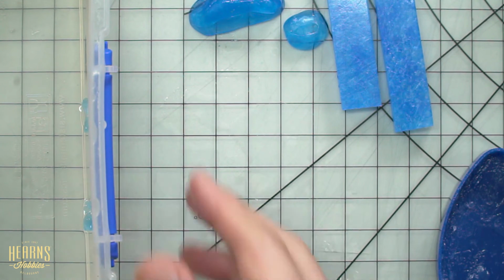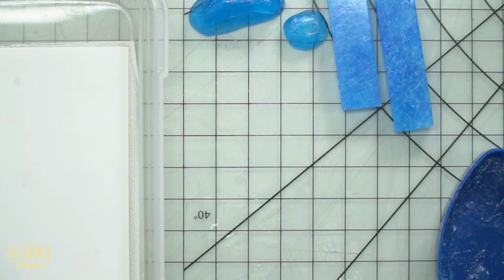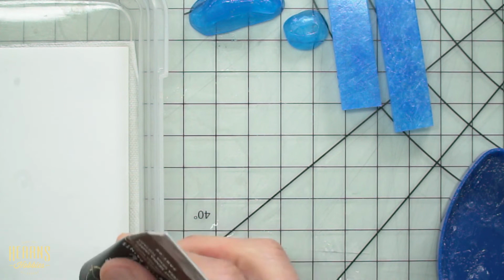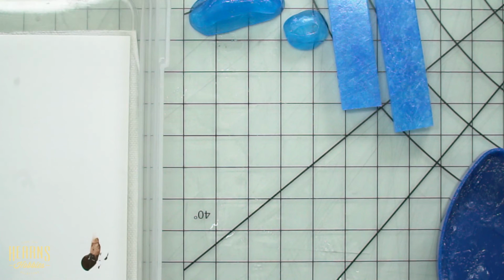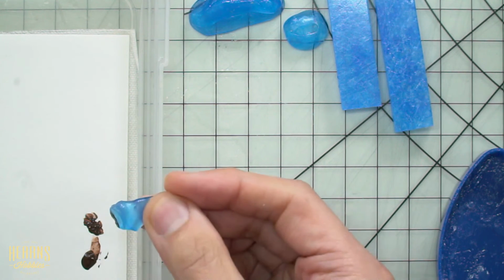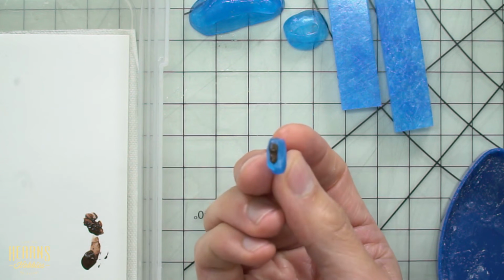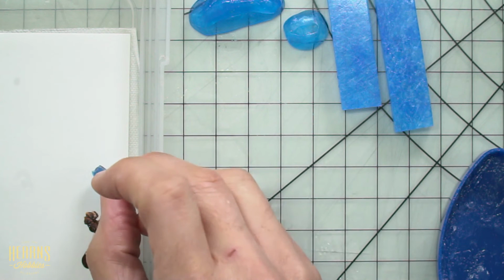Now I'm going to prepare, let's move this aside and we'll prepare some paint. I've got my little wet palette, because I'm going to put on a little bit of acrylic paint. And all we need to do is, with our little stamp here, let's try this without any thinning. All right, so you can see there that that's coated with the paint now. All right, and if I just press that on,